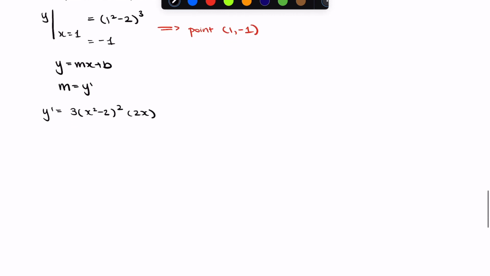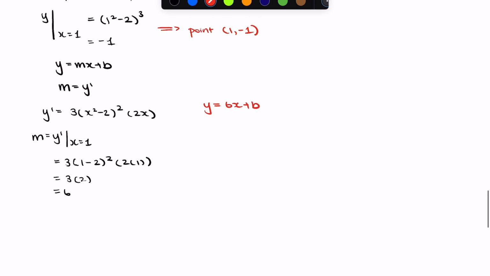So here our m value, y prime at x is equal to 1, we can sub that in, so 3(1 minus 2) squared times 2 times 1. That will give us 3 times 2, which is equal to 6. So we now know that our slope is equal to 6,